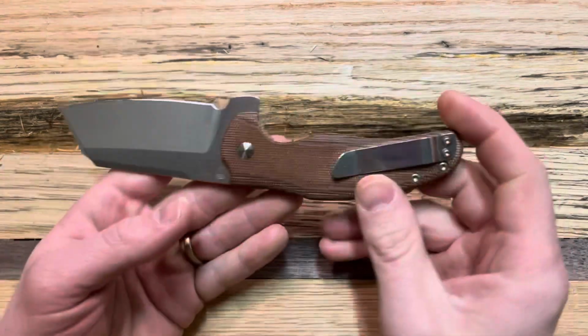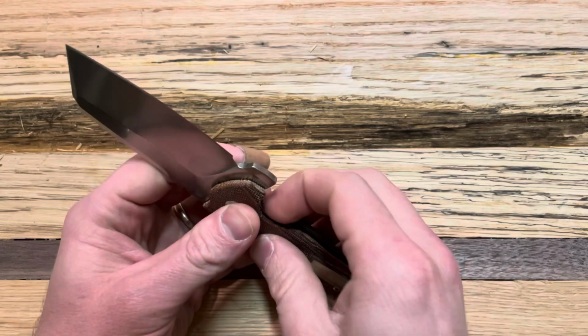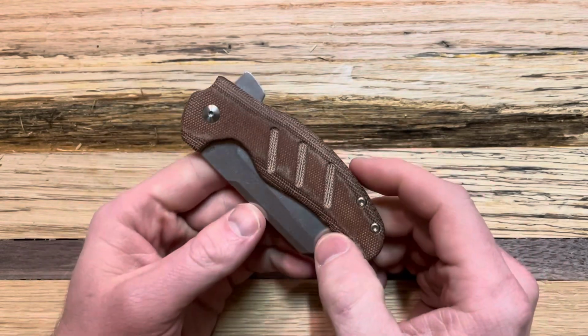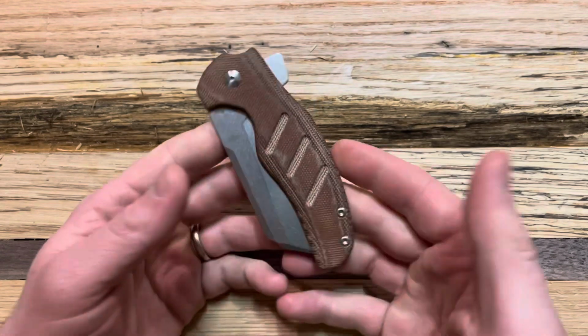And that's probably about it in terms of things that I like. So let's go ahead and do things that I don't like about this knife. Okay, so some things. So first of all, it's just